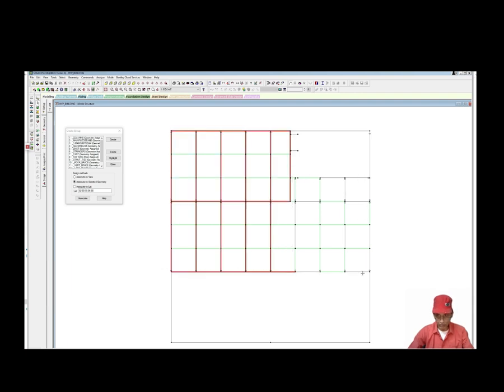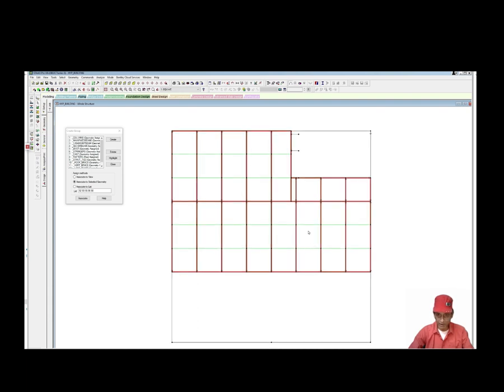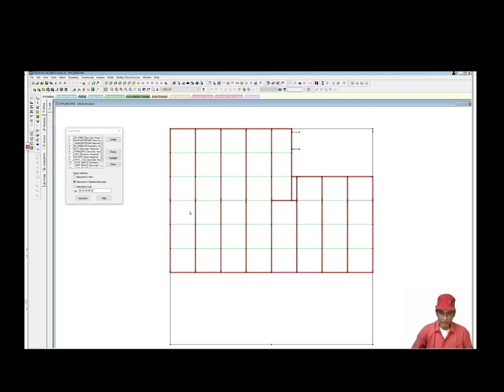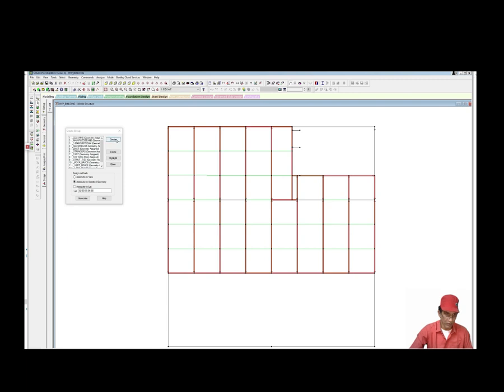Select these members as I have selected. So we can actually deselect these members. Every area should follow a closed rectangular or polygonal type of area, so that STAAD can generate the loads. So now we shall create a floor group, floor,